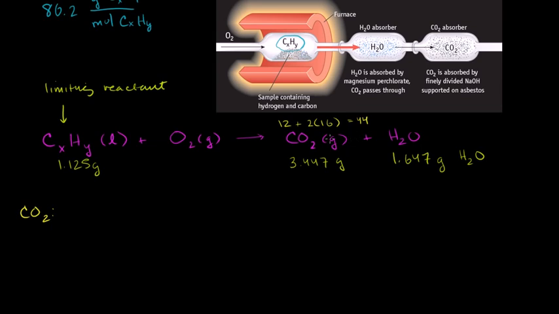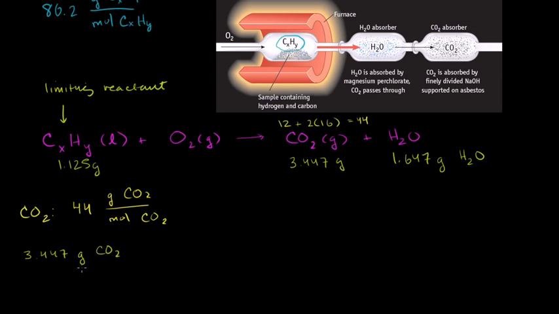But if you have a whole mole of carbon dioxide, 6.022 times 10 to the 23rd of these molecules, then you're going to have 44 grams of the substance. So we have 44 grams of CO2 per mole of CO2. And if we want to figure out how many moles we have with us, we know that we're starting off with 3.447 grams of